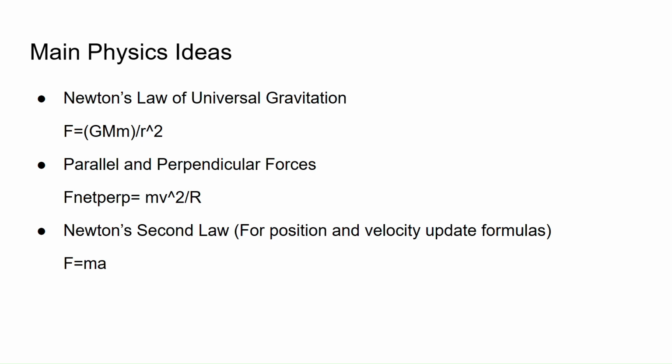Newton's second law. Newton's law of universal gravitation was used as obviously, all these celestial bodies, the only force acting upon them is the force of gravity. Parallel and perpendicular forces were used because orbit is a curving motion problem, so you can convert the gravity force into perpendicular force to solve some more variables. And Newton's second law was used to take the net force acting on each of the celestial bodies and put them in terms of acceleration so they could be plugged into the velocity update formula and in turn later the